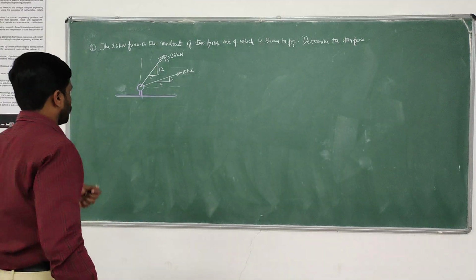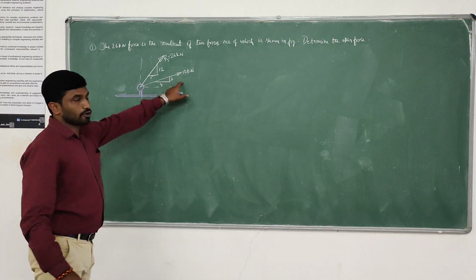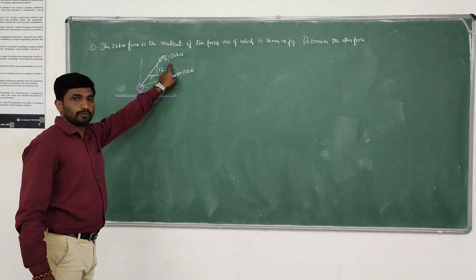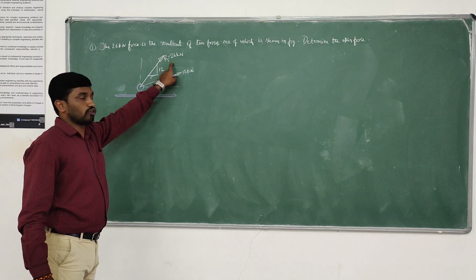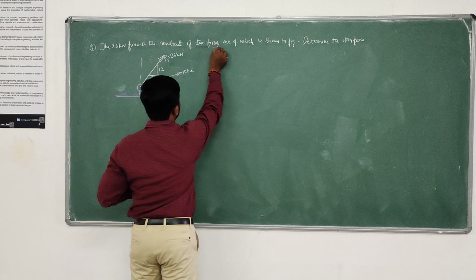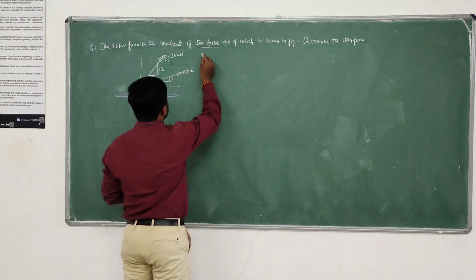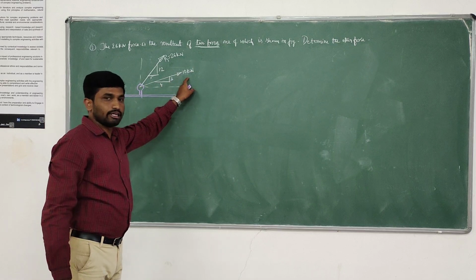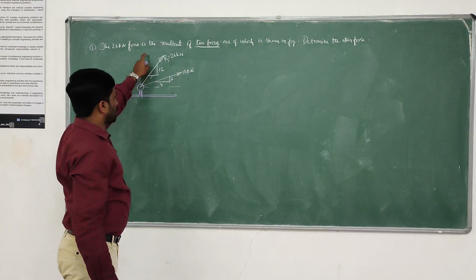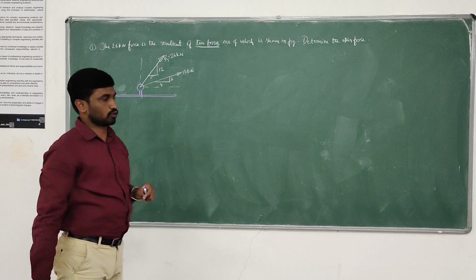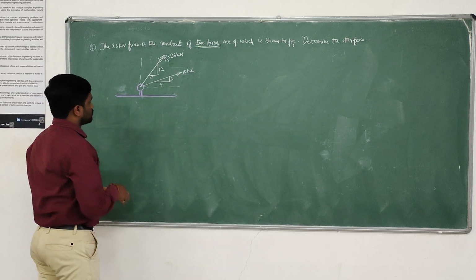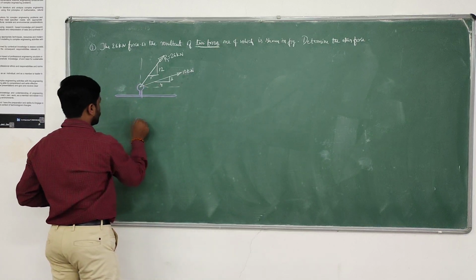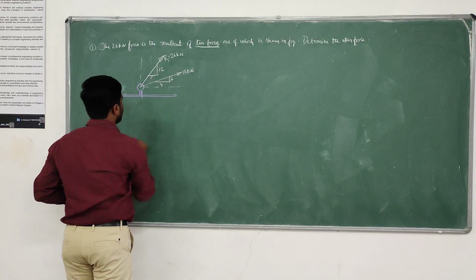So this is the given problem in which one of the forces is shown in the figure. Here the resultant is 26 kilonewton. This is the resultant value of two forces. One force is 10 kilonewton, shown in the figure. We have to determine the other force. For this, we know that we first compute the inclination angle.